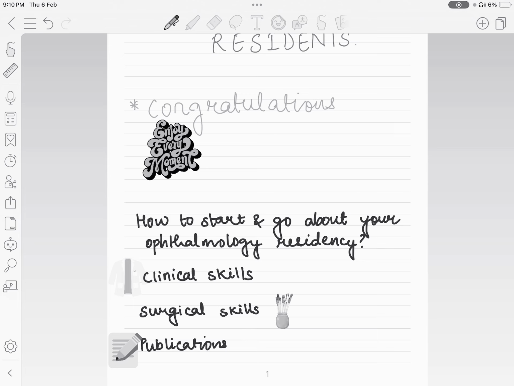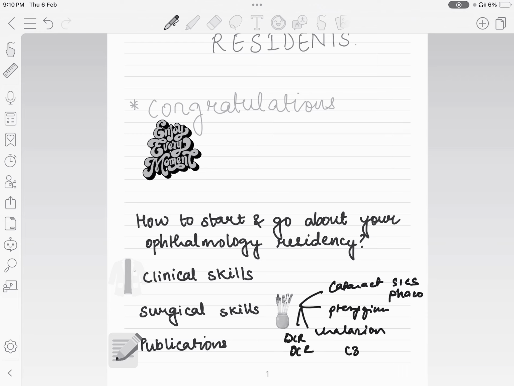The most important surgeries that we learn in ophthalmology are the cataract surgeries, which is small incision cataract surgery, which is SICS, and phacoemulsification. This is something that every resident does and learns throughout his residency. Other few that you can keep in mind are maybe pterygium surgeries, chalazion, DCR, DCT surgeries, maybe C3Rs, right, and a lot of others that you will get depending on what institute you are in, how your consultants are, etc. But again, even here in your surgical skills, very important